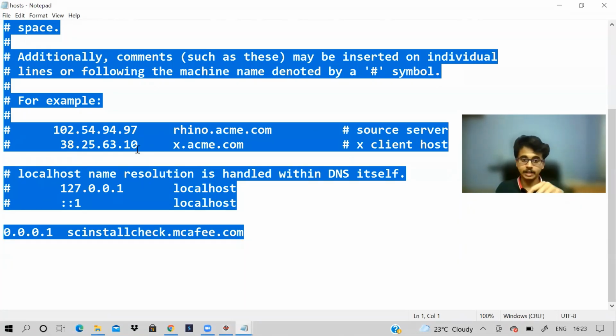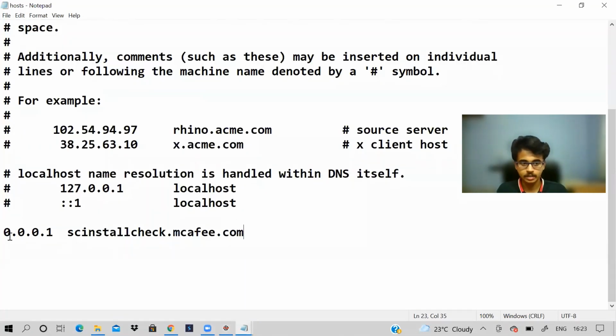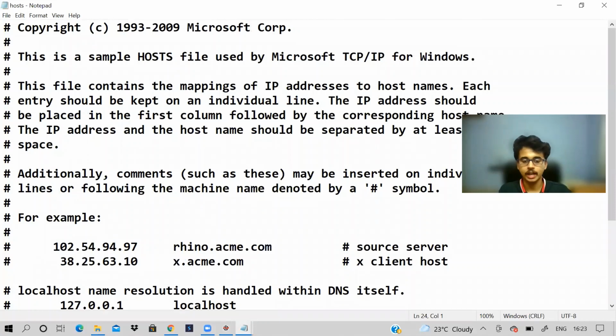But when I'm in my working hours, what I want is, after this line, I want some lines to be printed here. What are those lines? The website domains and the IP, which is our local host. That's what I want during working hours. In non-working hours, I want this same file. So how to do that?